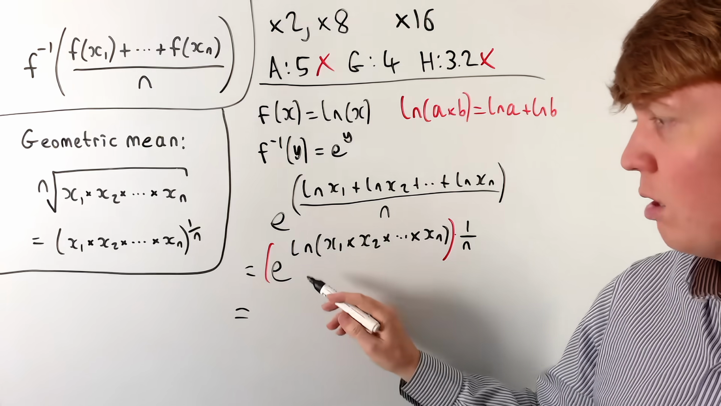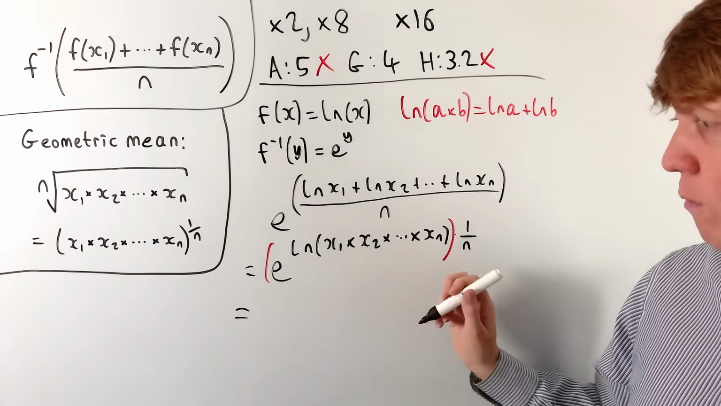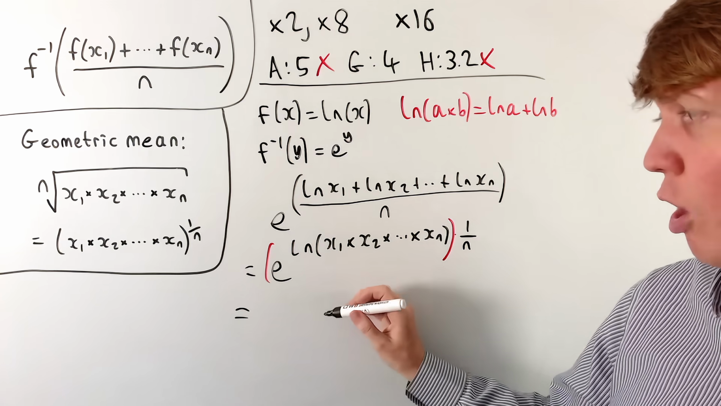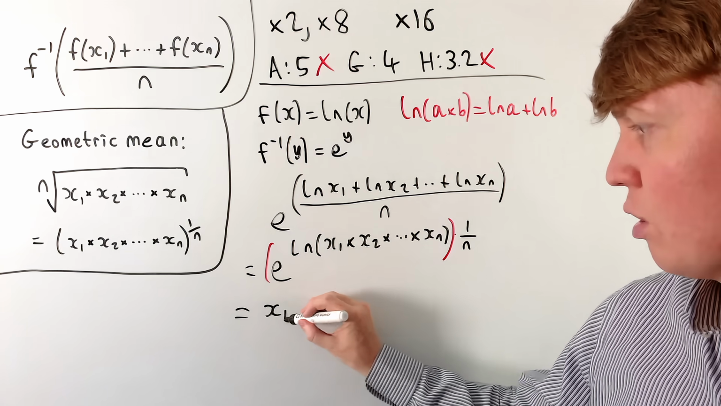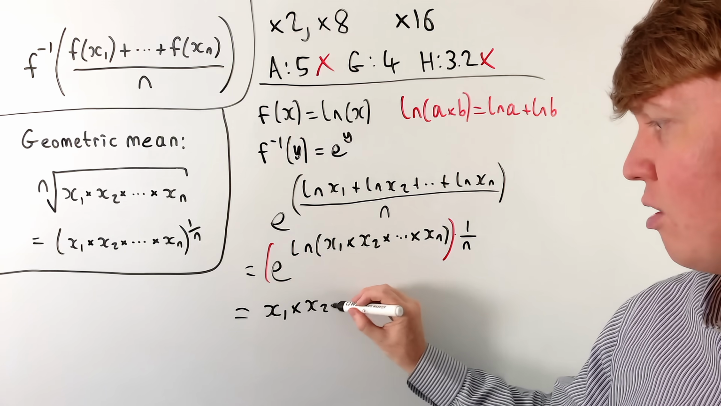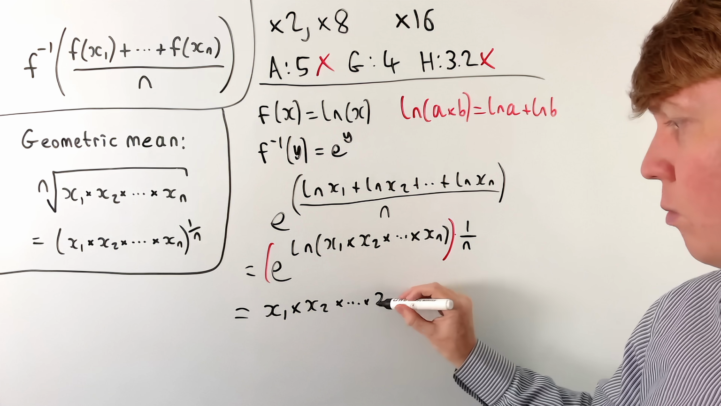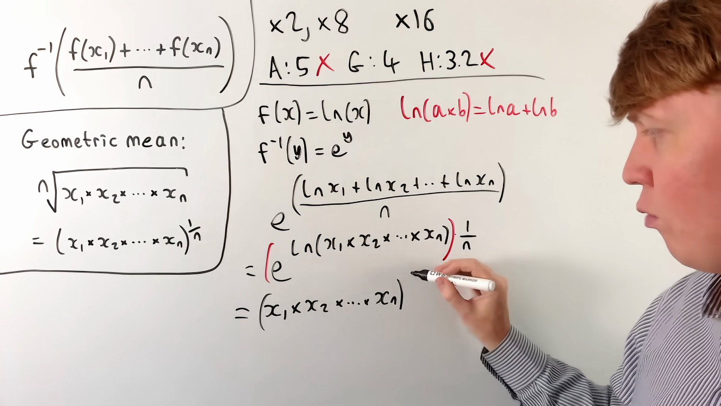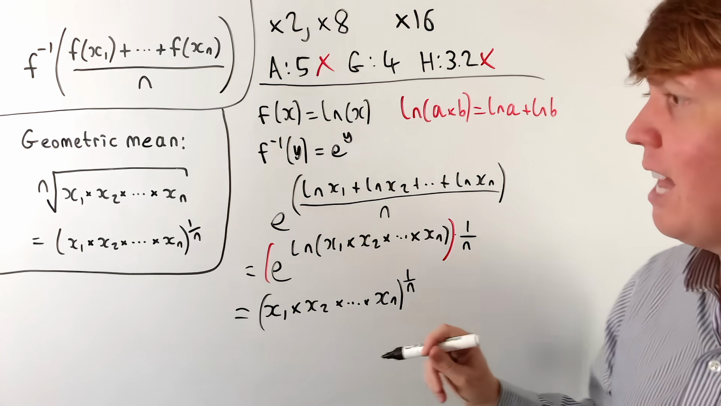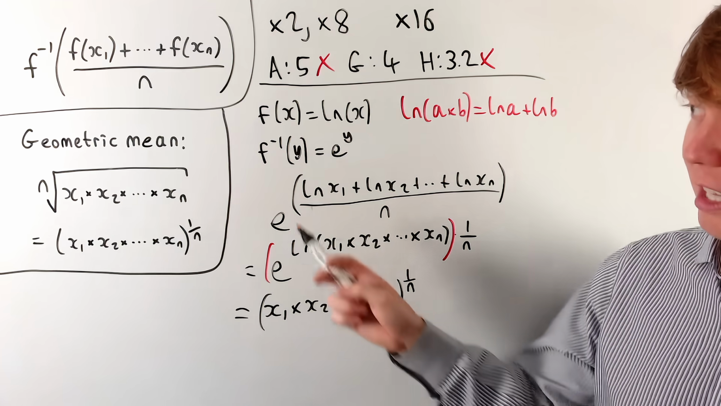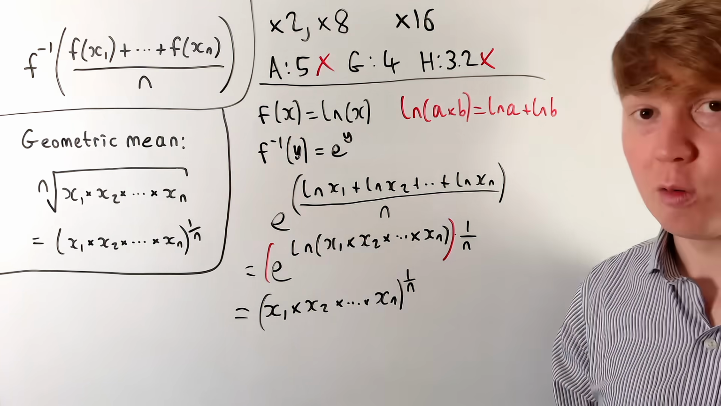And then here, using the fact that e and ln are inverse functions of each other, e to that power cancels out and just gives us the product, x1 times x2, up to xn, and this is raised to the power of 1 over n. So I think this is really beautiful that we can get the geometric mean in this general format as well